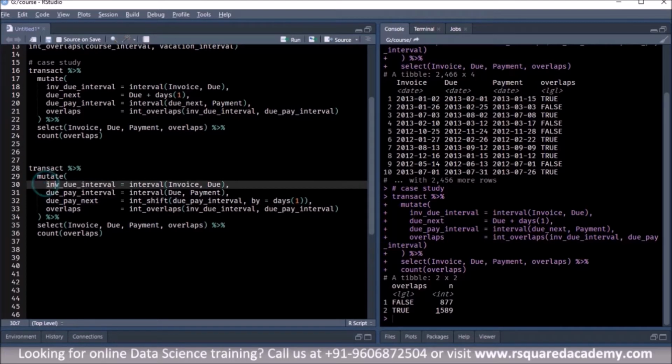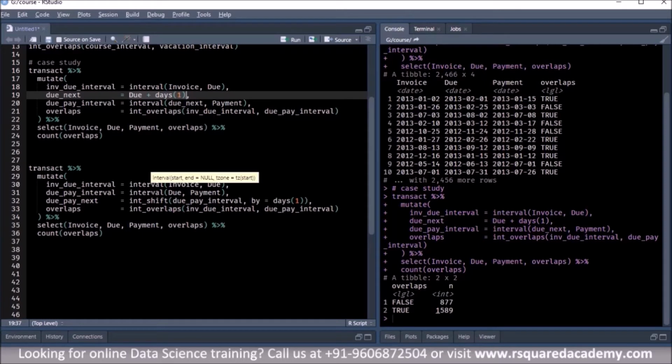So first we create the two intervals. The first interval is between the invoice date and the due date. Then we create another interval between the due date and the payment date. Now we'll shift that interval forward by 1 day. In the previous case, we moved the due date forward by 1 day and then created the interval. Here we are creating the interval first and then shifting that interval itself forward by 1 day.